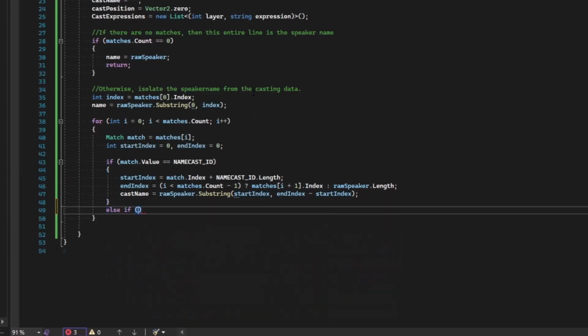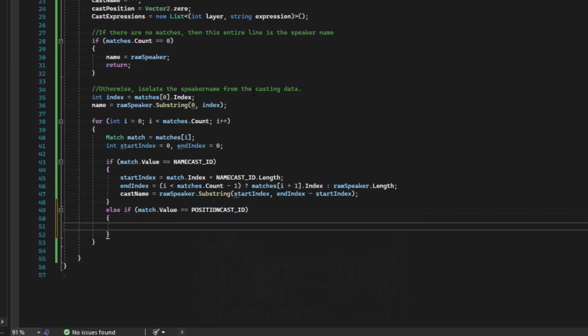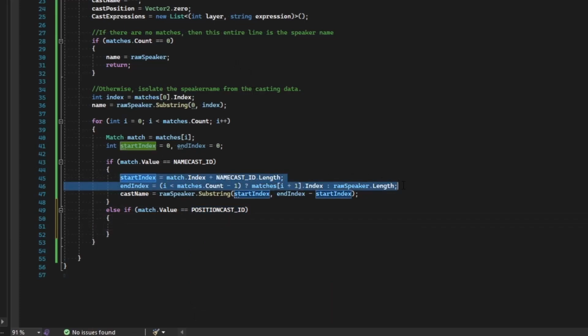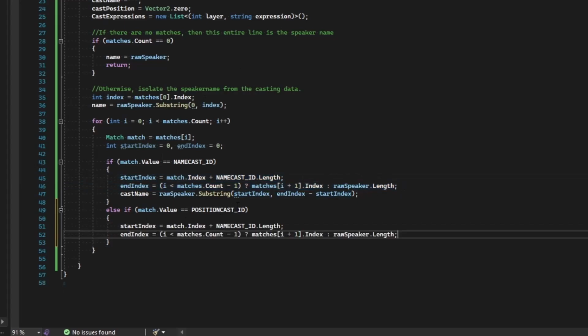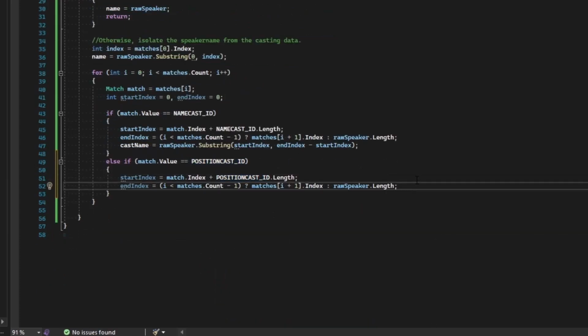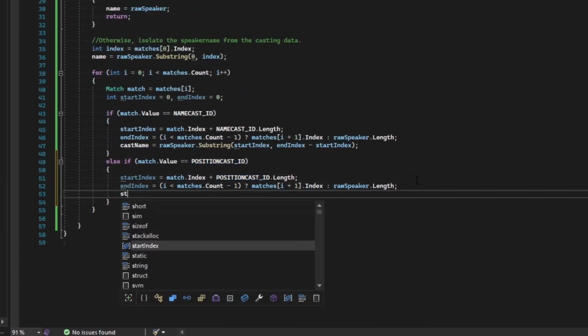Otherwise, if match.value equals our position cast ID, then we want to do something similar. Okay, let's go ahead and copy this because it's basically the same thing. The only thing we really want to change is our position cast ID. And now what we've got inside of here is a string